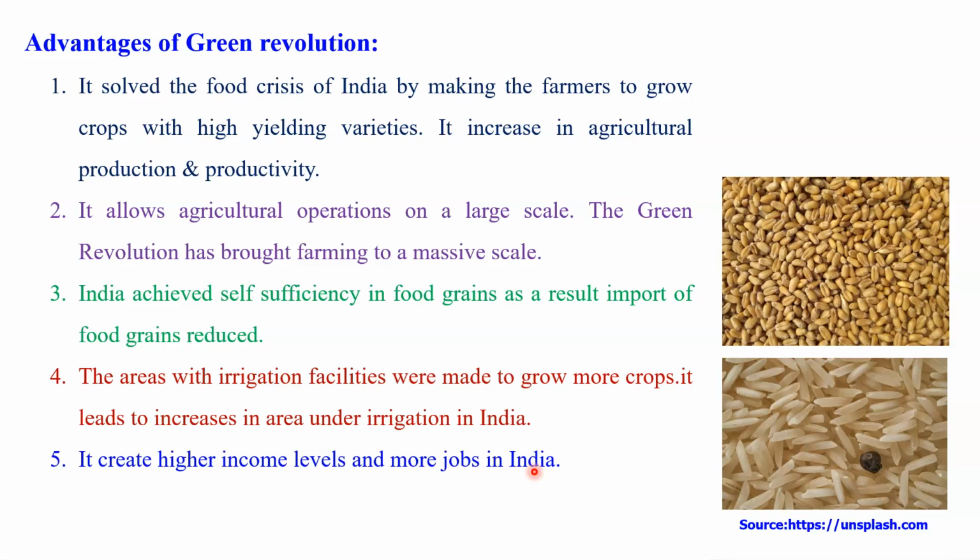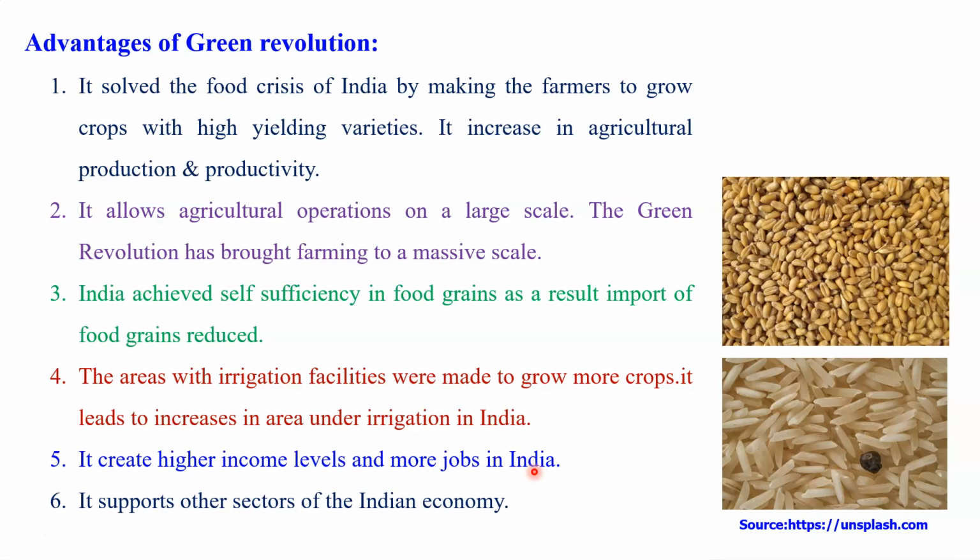particular agricultural land. At that time, from these various fields, the demand for labor increased, because for this production, it may be the pesticide, fertilizer, agriculture equipment, or some other irrigation related things. When the demand from these companies or the labor increased, there was a lot of opportunity for various people, and they got good jobs in this field. So therefore, it creates a higher income level for the farmer, and also creates a lot of job opportunity in the various sectors or various companies, which were directly or indirectly related to the Green Revolution in India.